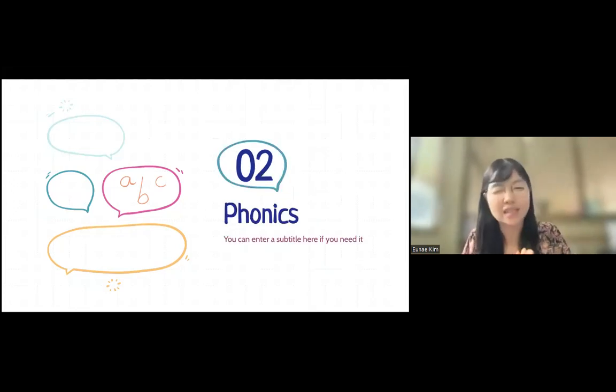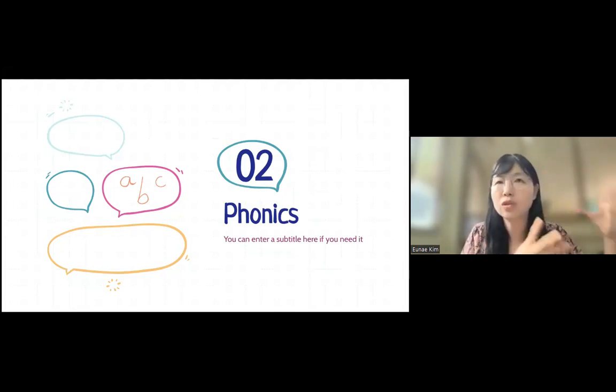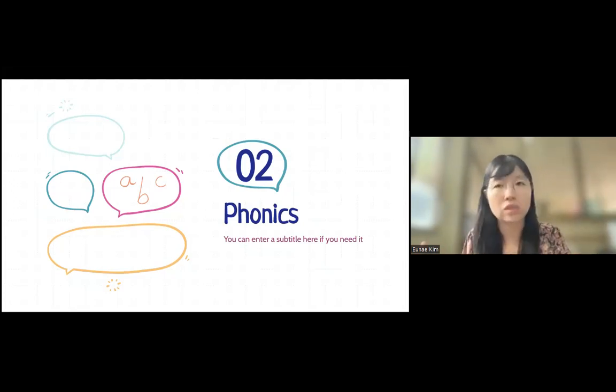And then phonics. Decoding is the very important part. I teach young students, and some of them actually have issues with comprehension and English reading. And I try to categorize: does this student have issues with decoding, or does this student have issues with language comprehension? So I can actually focus on some of the rules. So if they don't know how to pronounce certain words, maybe I can focus on